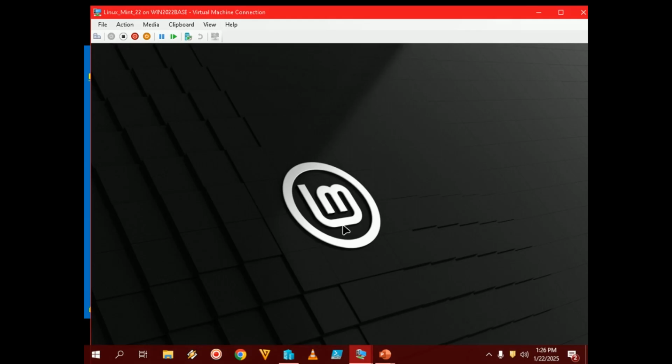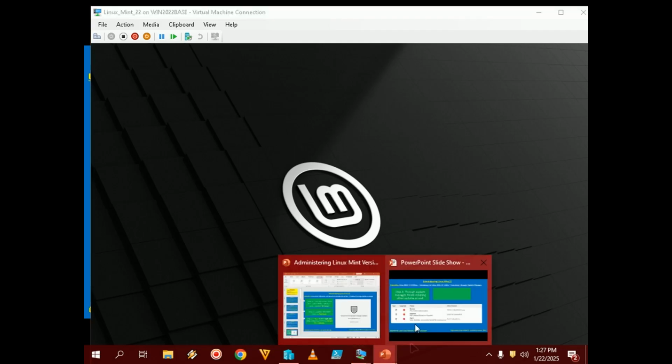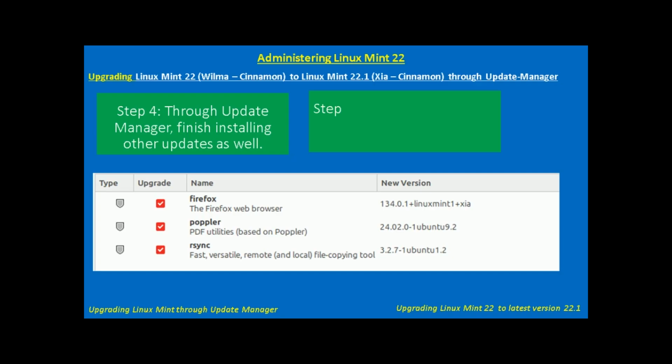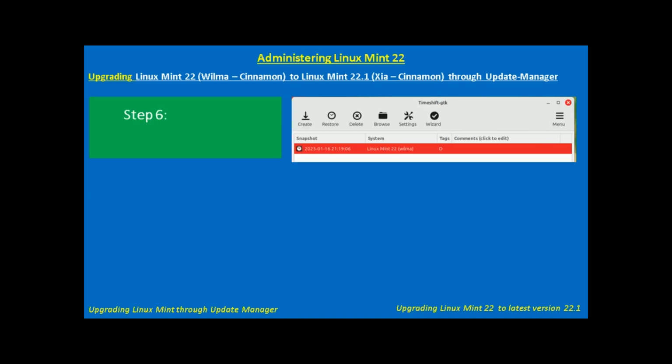Now if you want to understand how to update this machine, although I have shown you over here also, there is a dedicated part 2 video for updating your Linux Mint right from scratch. Okay, so we have updated this Linux Mint machine for version 22 Wilma. Okay, let's move on to the next step. So restart the Linux Mint once pending updates get installed. We have already done this. Okay, now next step is